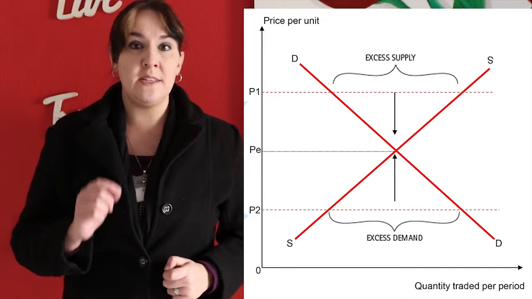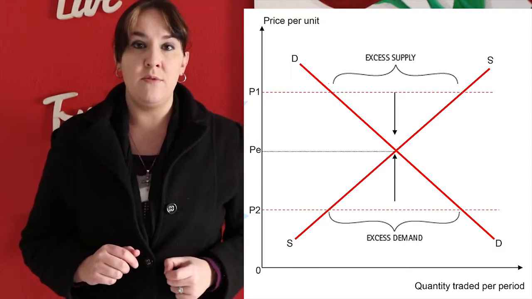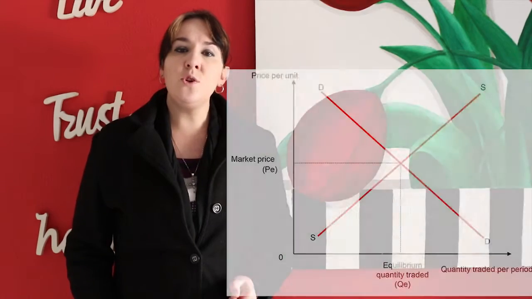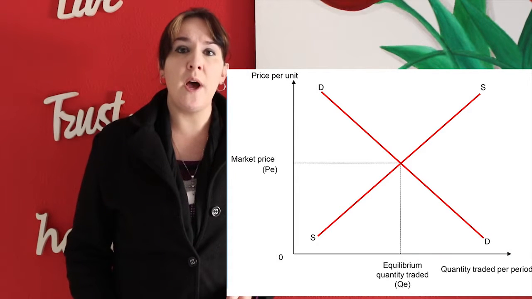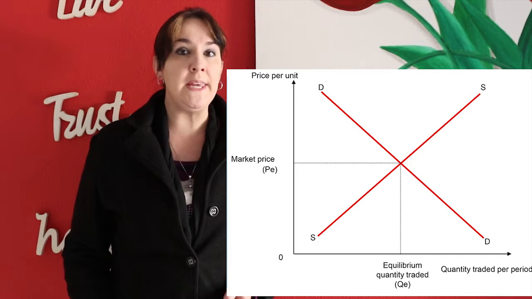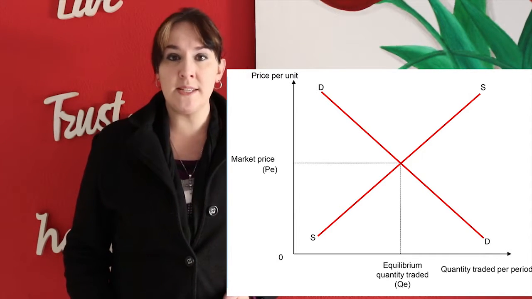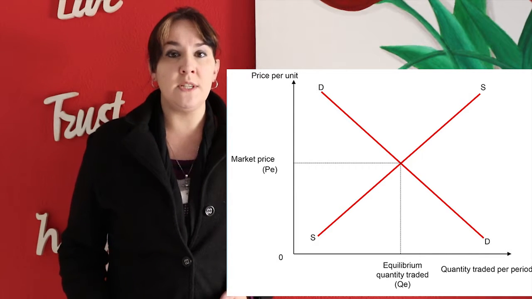Only one is the equilibrium, and there's only one market price formed. At your equilibrium point, you have an equilibrium price, which I normally refer to as PE on the graph, and an equilibrium quantity, which I refer to as QE